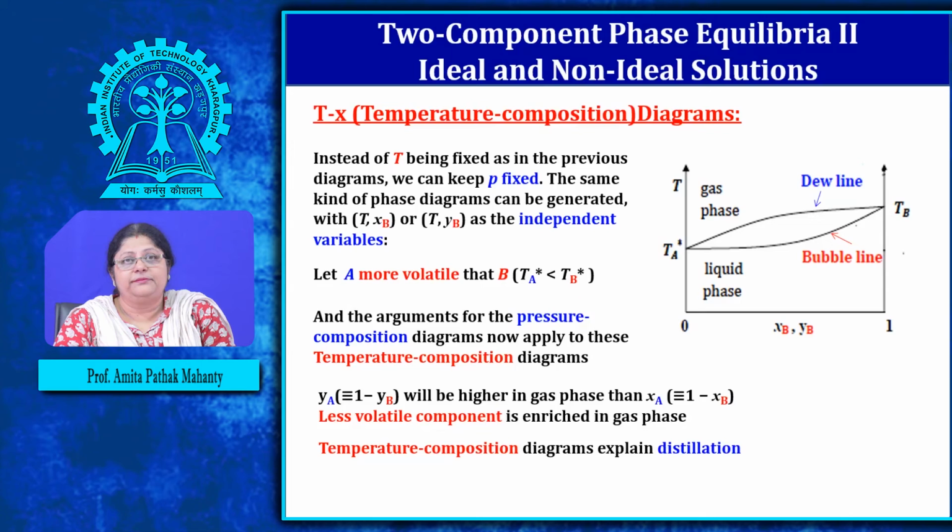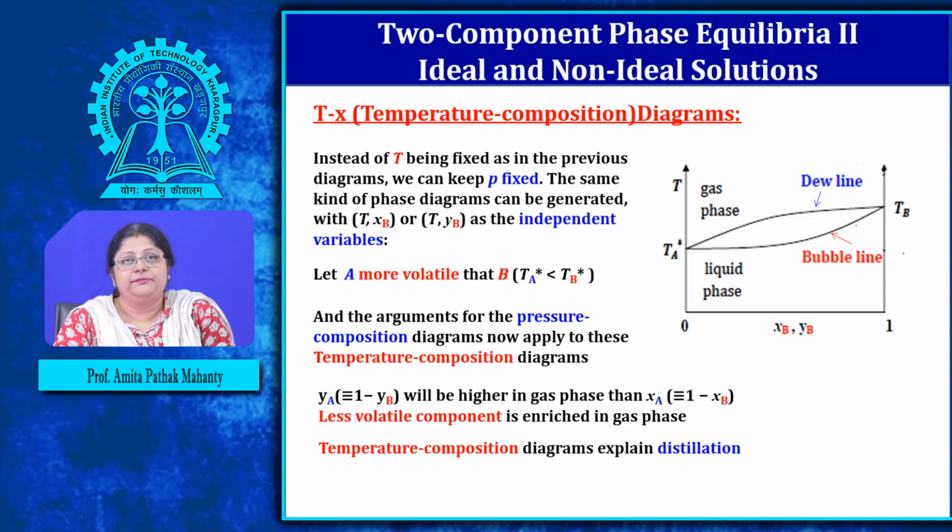So another point is that in the previous curves which we have taken, the temperature was held constant, and we were changing the pressure and reading the composition, or changing the composition and reading the pressure. But instead of that, we can also have a temperature composition plot, which we call a TX plot. In the TX plot, pressure is held constant, and you will do the same thing and generate the curve.